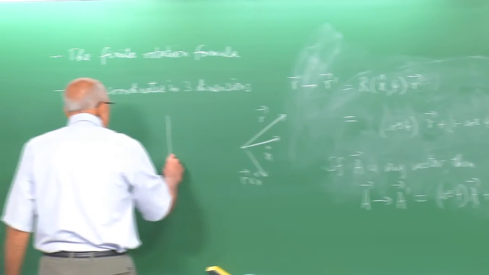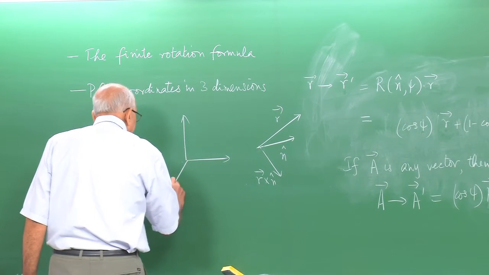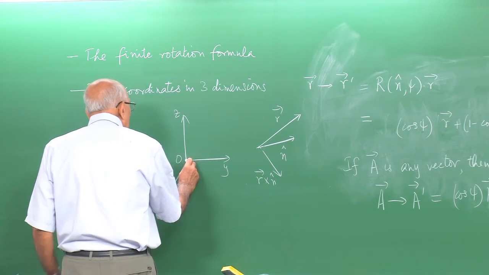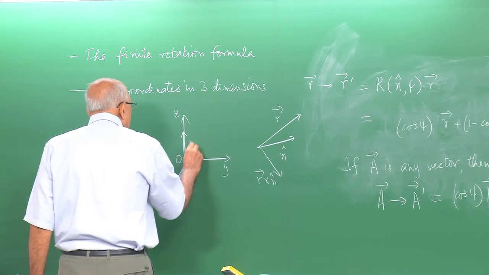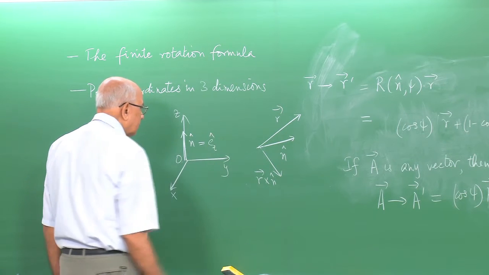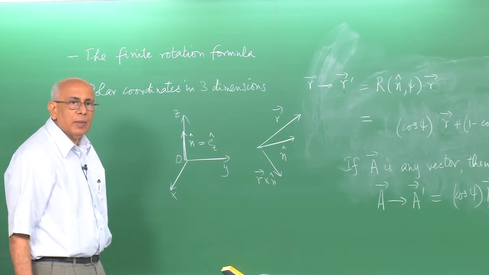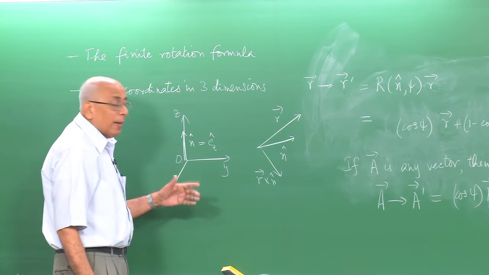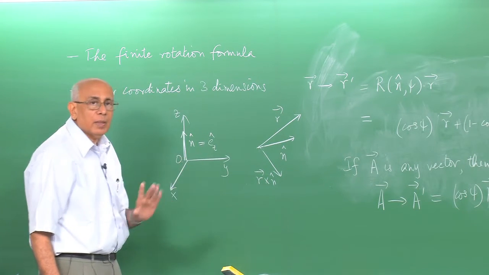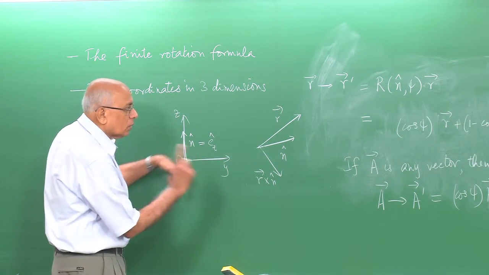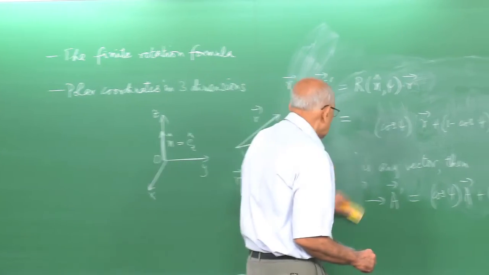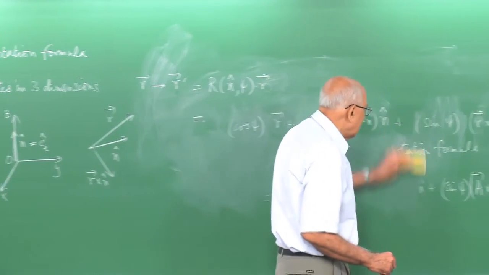So now I'm going to look at this situation, x, y and z. That was the origin, and I'm going to look at a rotation along the z-axis itself. So that's the unit vector n, which is equal to the unit vector in the z direction, and ask what happens to this formula. Well, it's immediately clear that we expect nothing along the z coordinate to change. So the z coordinate, the vertical coordinate of no particle should change at all, and the x and y coordinates should get mixed up according to rotation in a plane, and for that we already have formulas. So is this true? Is this coming out? And the answer is yes,